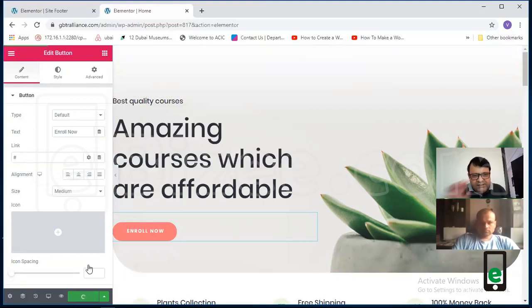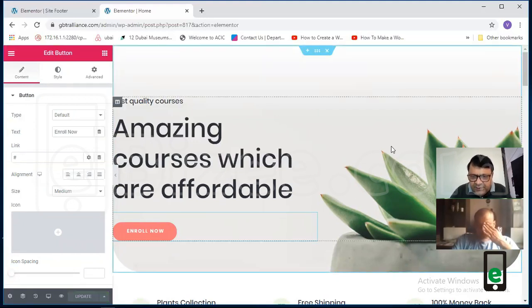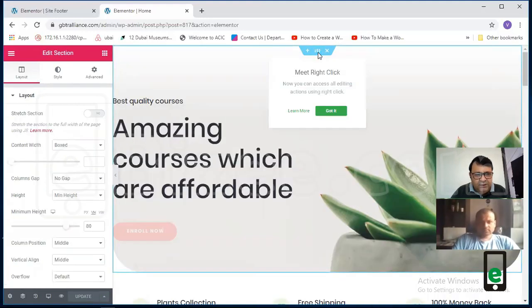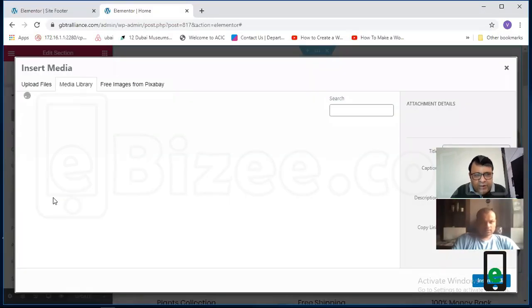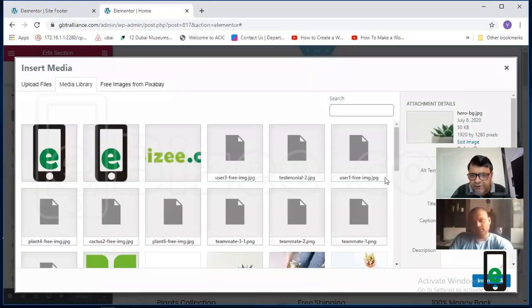Now, in this section, we don't want this image because we want an image where some student is visible. So we'll go back to this section and go to the style. In this style, you can see this picture is there. First we have to check the size of this picture, because we have to create a picture of the same size.